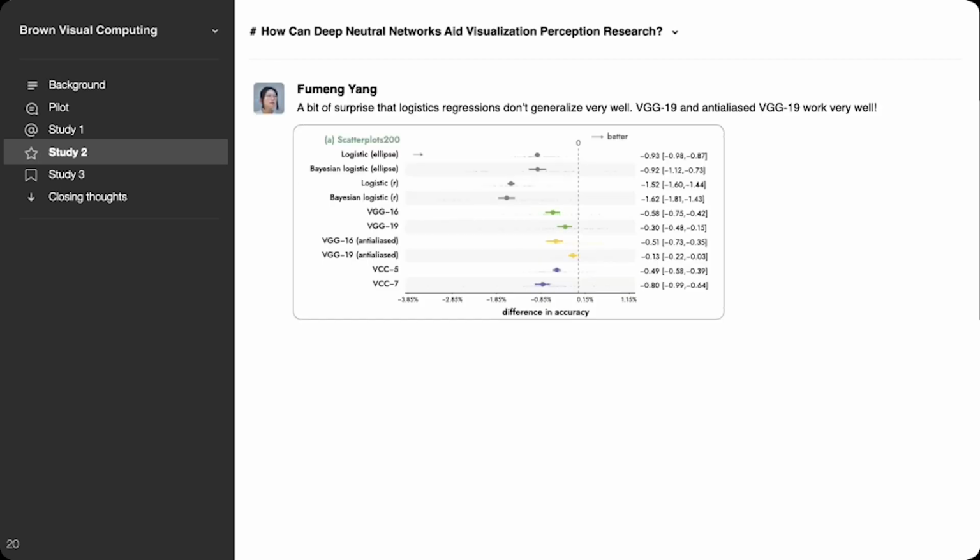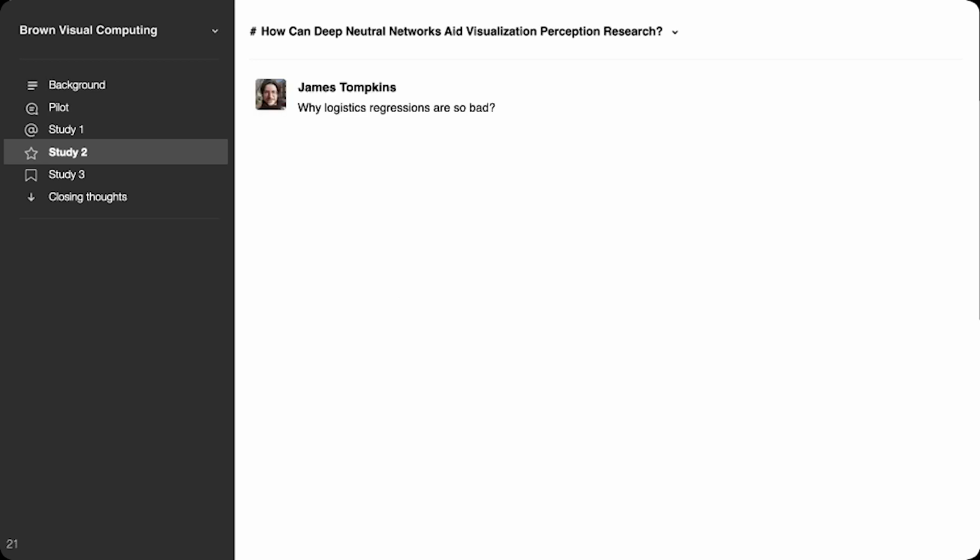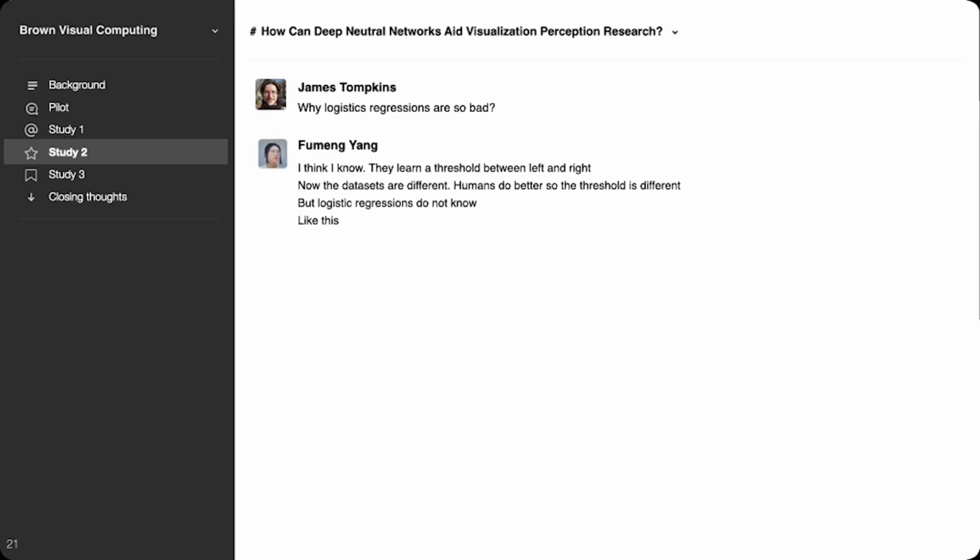So first, we found that surprisingly, the regressions suffer from a large decline in prediction accuracy. However, neural networks like VGGs show almost no decline in their prediction accuracy, suggesting that they have better generalizability on these 2 datasets. If we think about this a little, logistic regressions essentially learn a threshold between left and right, but